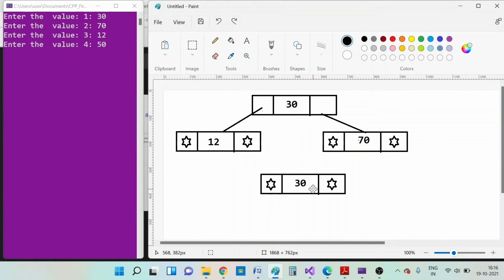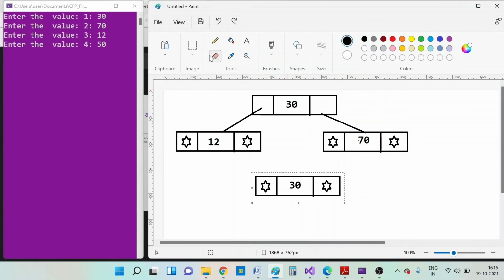It creates a new node, and the address of the new node is returned to the previous call, and it is assigned to the b-link pointer of 70. So this leads to the interconnection like this. 50 is actually inserted as the left child of 70.